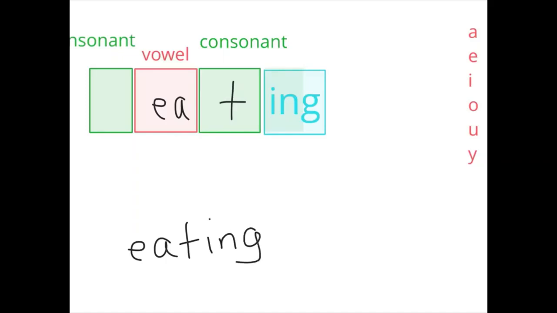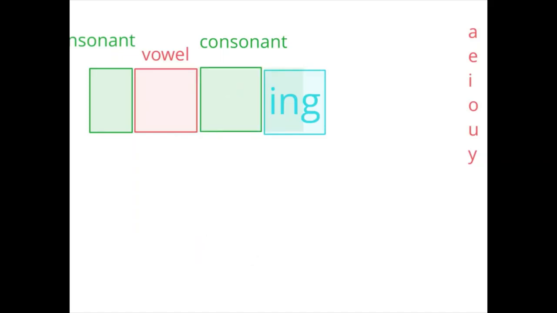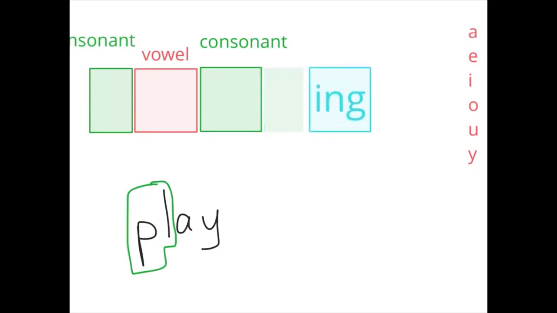Okay, let's try another word. Let's try the word play. Okay, well, let's think about this for a minute. In the word play, we have a blend at the beginning. I want you to notice when we make a decision about adding ing, let me put this over here. When we make a decision about that, we don't care about the beginning